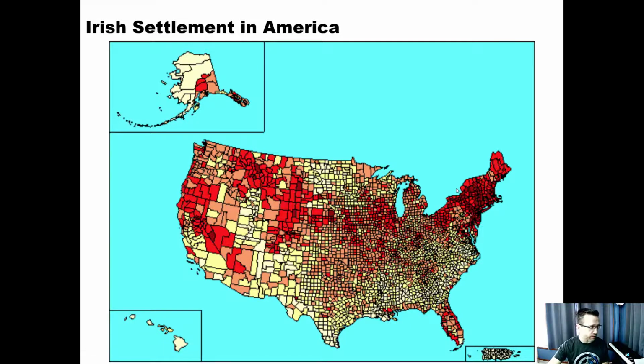Your mode of entry into a country a lot of times determined your social and economic status. Many of the Irish that came over were poor. And it was during the Industrial Revolution, so they took those lower paying jobs, those agricultural jobs as well. But yeah, that's about it.